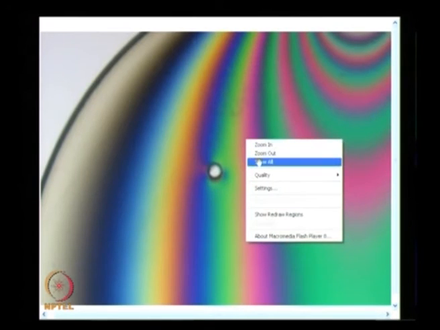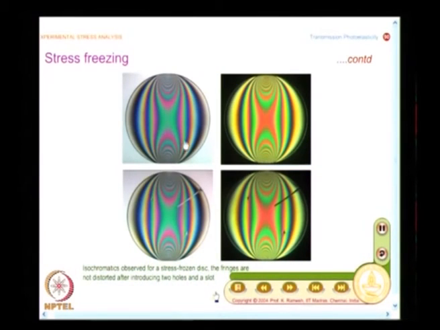So, what this slide shows is, there is a possibility to lock the stresses by a thermal cycling process, and there is also a possibility to remove portions of the model as slices, and slices would retain the stresses that have been locked from a 3-dimensional loading. Here I have taken a 2-dimensional model. I will also show you another example of a 3-dimensional model, which is very complex. I will show you that.